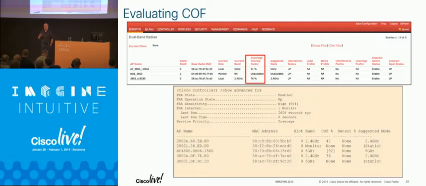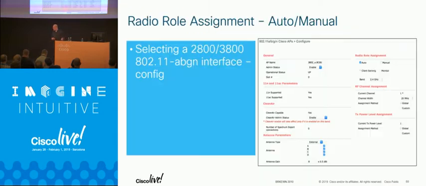In 8.8, we started shipping the code with FRA turned on by default. Be aware of that. That will not affect an upgrade. If you have an upgrade and FRA at the global level is turned off, it will be turned off after your upgrade. But if you build a new controller, and I've had some customers do this in some fairly large campuses, all their APs started to change bands magically. It can be very concerning.